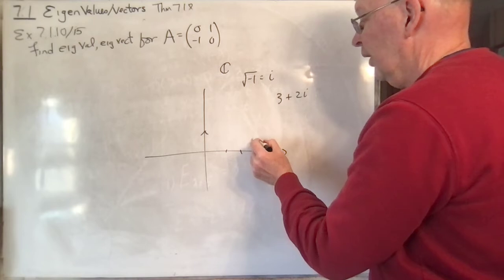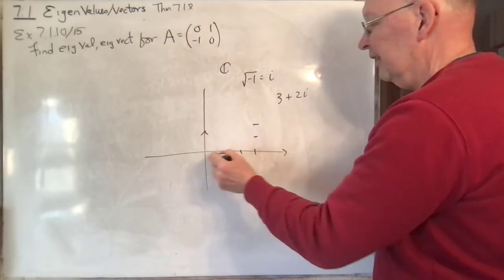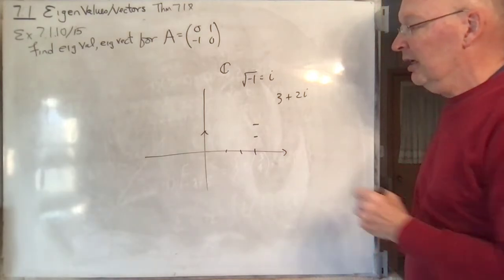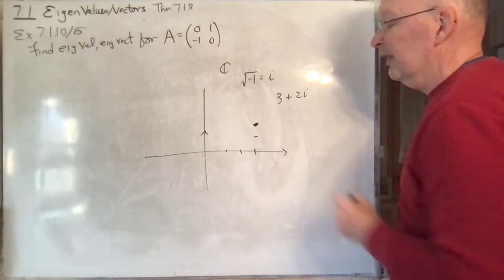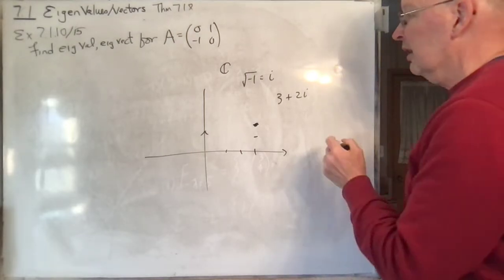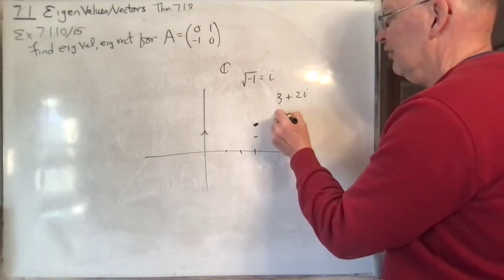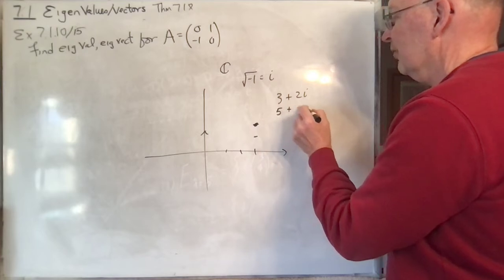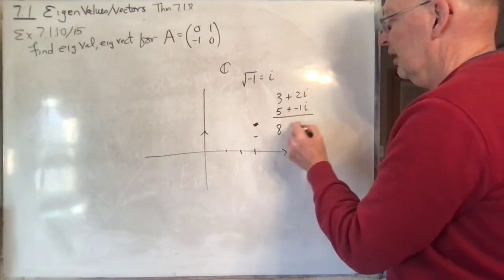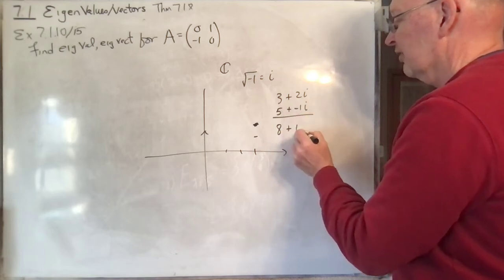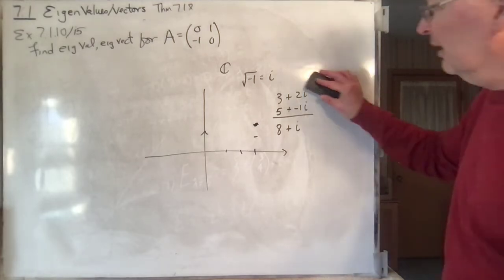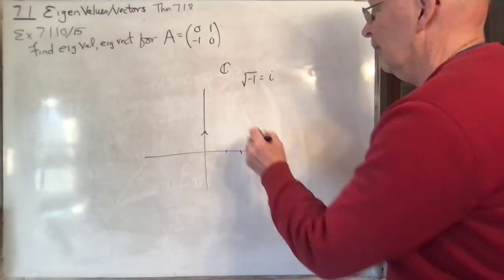So 3 plus 2i means 3 is the real part, and then 2 is your imaginary part. So it would be this point right there in the complex plane. And if you add two complex numbers together, you add them just the way you'd expect. You just add the real parts and you add the imaginary parts. If you want to multiply two complex numbers together,